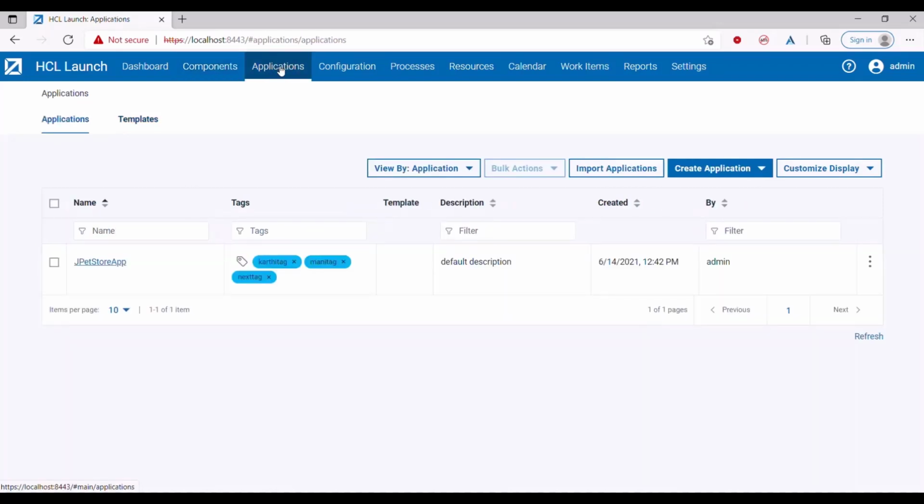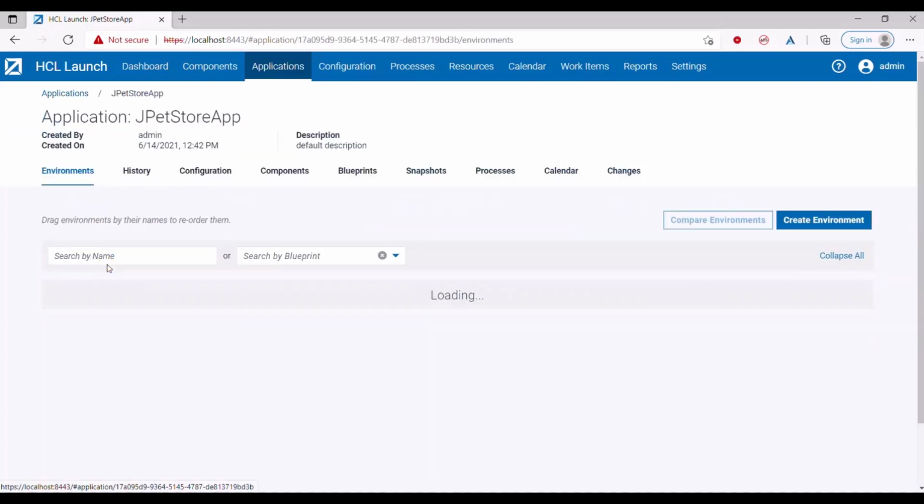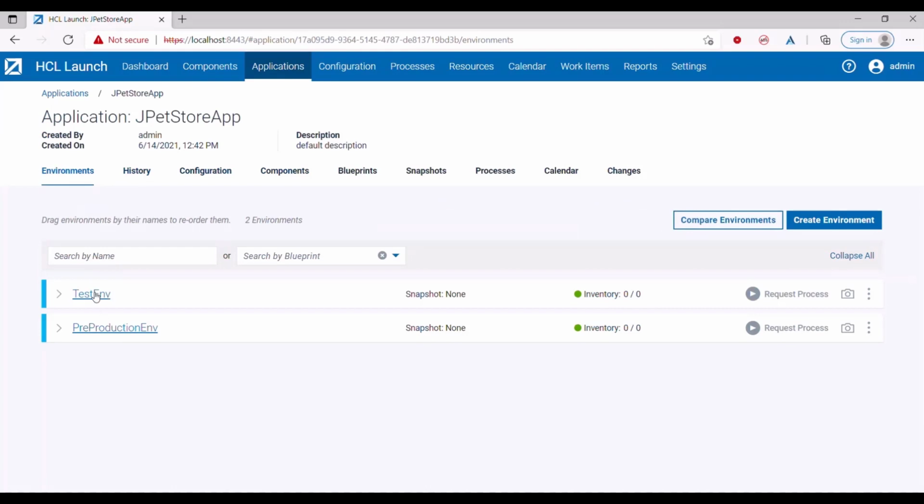Now coming back to application. Application comprises one or many components like UI. The JPEG store application here in the example could be having a UI component, DB component, and business logic component. And every application has to move from one environment to another environment. So application defines environments like test environment, production environment, stage, QA. So each environment can be configured further by clicking on them to the extent of your flexibility.